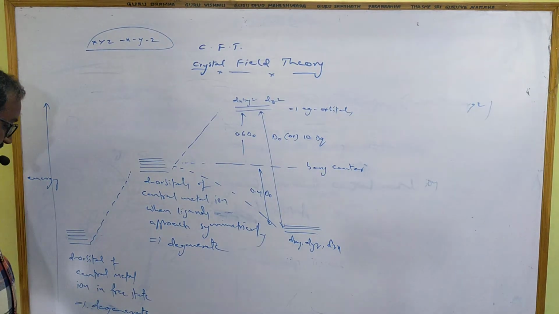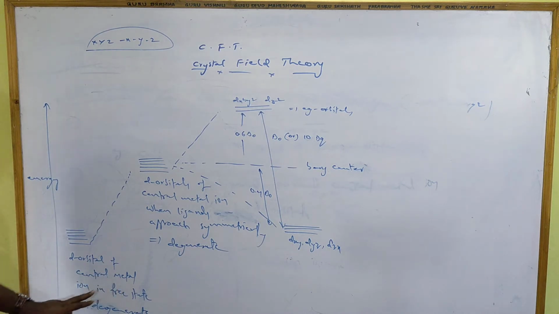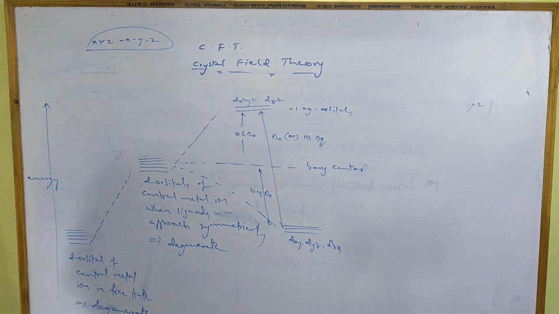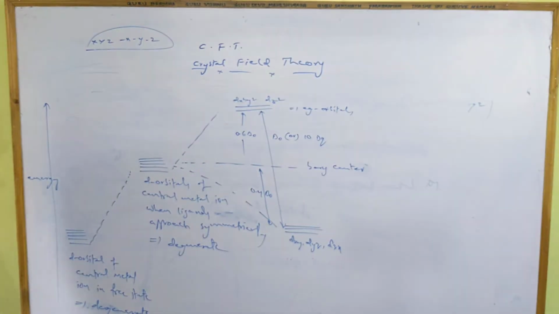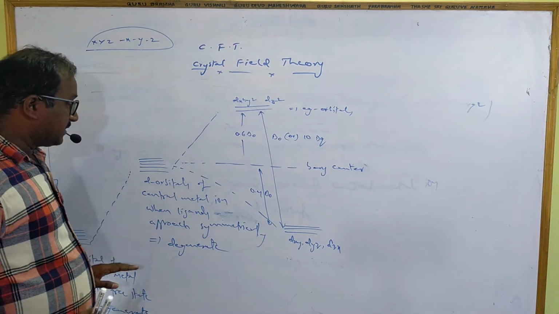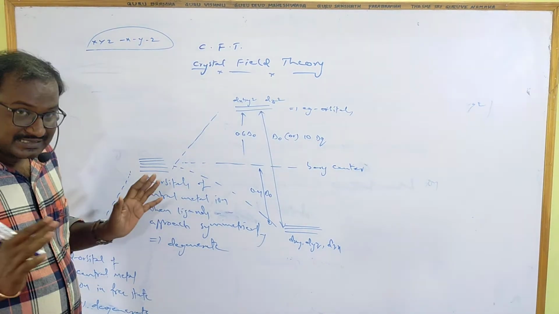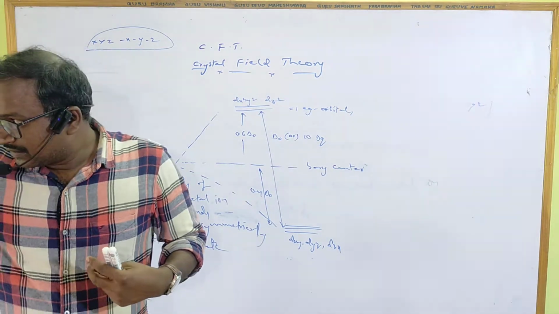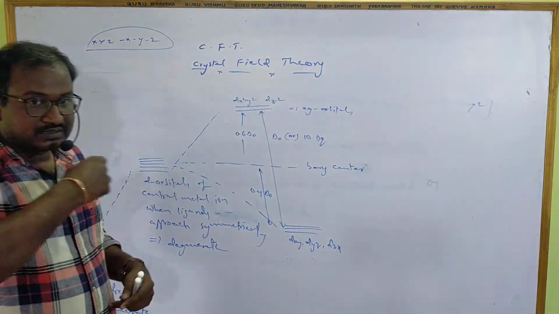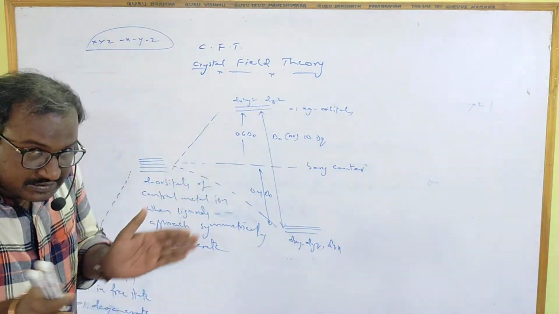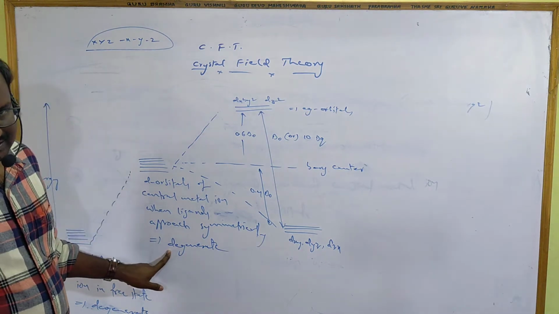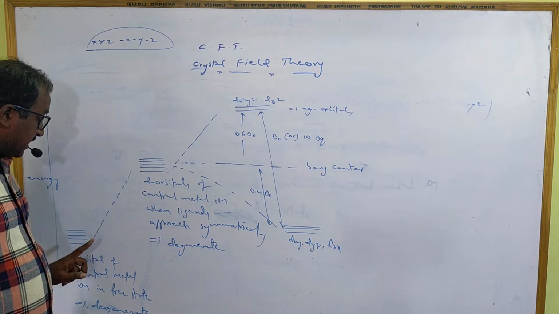Once again I am saying, if the central metal ion exists in the free state, all 5 d orbitals contain the same energy, and the energy of those d orbitals is least compared to other situations. When ligands approach the central metal ion symmetrically, suppose I am the central metal ion and the ligands are coming close to me, first they surround the central metal ion symmetrically. When they approach symmetrically, the 5 d orbitals contain the same energy, we call them degenerate, but the energy increases.